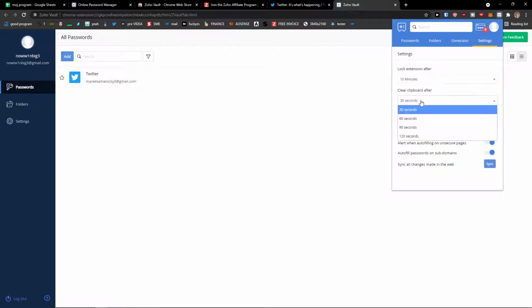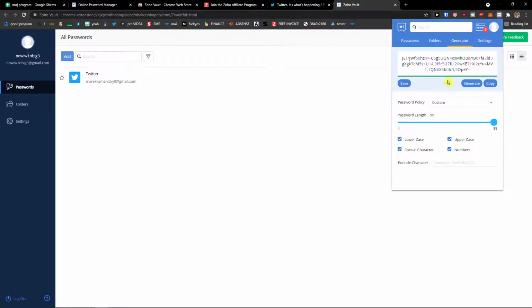Then you would have the clear clipboard after, 30 seconds, 60 seconds, 90 seconds. Default view or domain matching, and then alert when autofilling on unsecure pages, autofill passwords on subdomains, seeing all changes made in the web. You have a generator of passwords here,